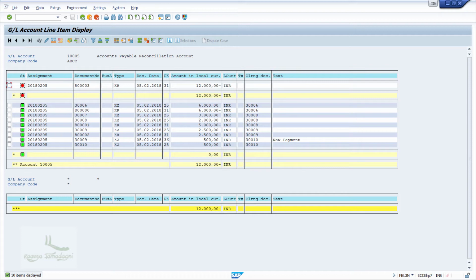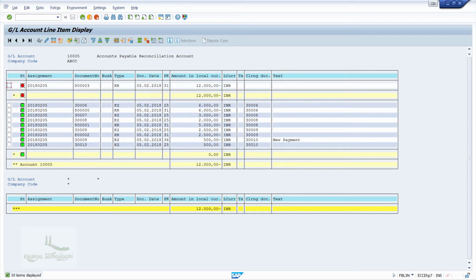Our company has purchased something from the vendor, that is Vodafone, for an amount of 12,000. We have generated the invoice using the T code F-43. Now, after purchasing the goods from the vendor, we have found that there is damage of goods worth 5,000. So, the vendor has agreed to provide a credit of 5,000 against the damaged goods. So, we will update the credit memo in our system.